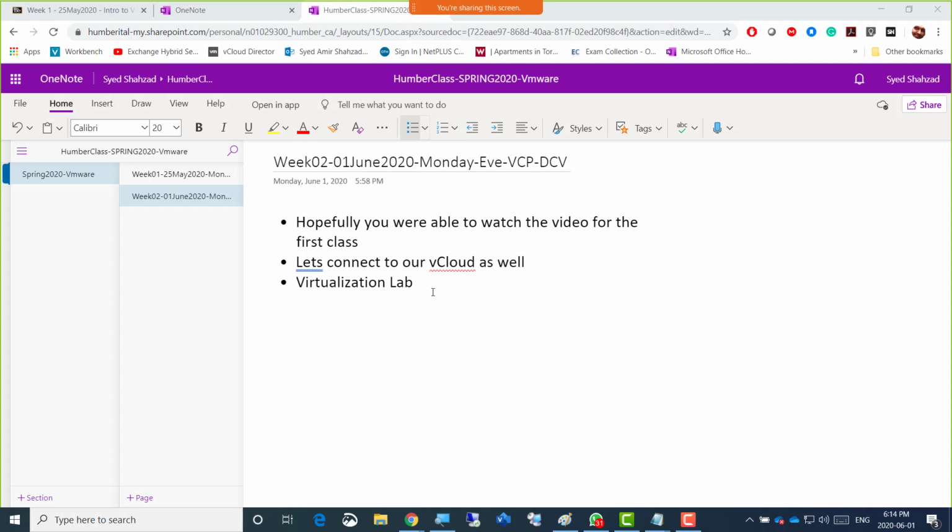I want to do as many VMware labs as possible, and there are so many. This is a job-oriented course. So for the job, we need to cover as many labs as possible with full concept, introduction, theory, and then step-by-step lab. The more hands-on you do, the better you will understand the technology that is still so much in demand in the market,